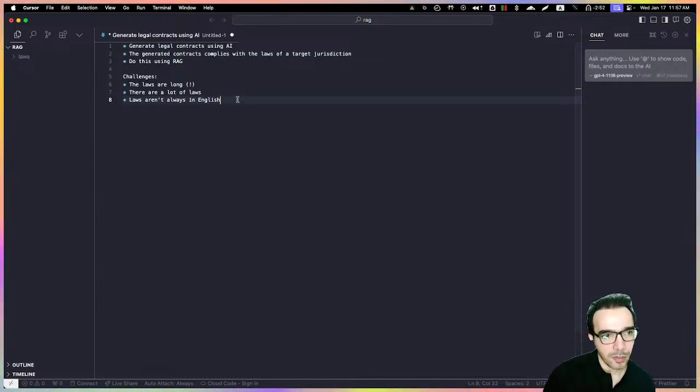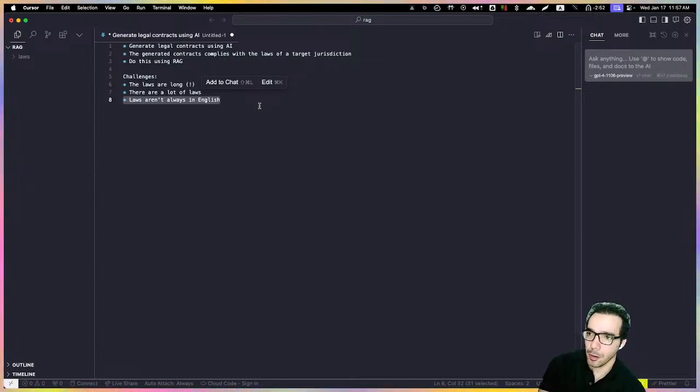And so this presents a unique challenge when you're trying to figure out how to generate contracts in a particular target. It doesn't necessarily need to be in a particular target language, but the source material would be in a language other than English. So that makes the problem even more